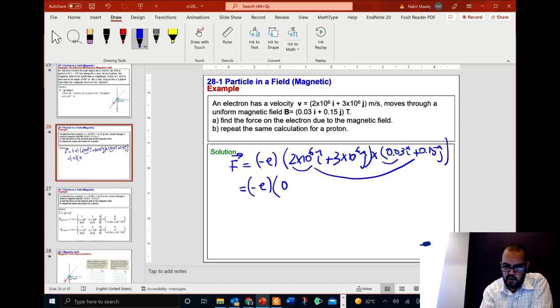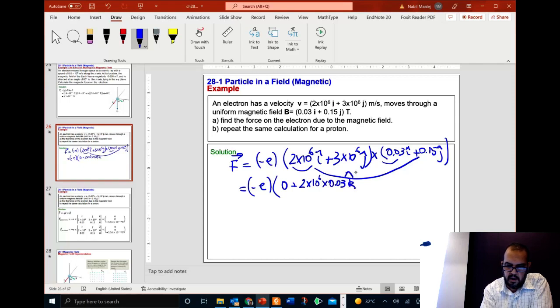Then you do I crossed with J. What did we say? I crossed with J will give us K, following I, J, K. So we have 2 10 to the power 6 times 0.03